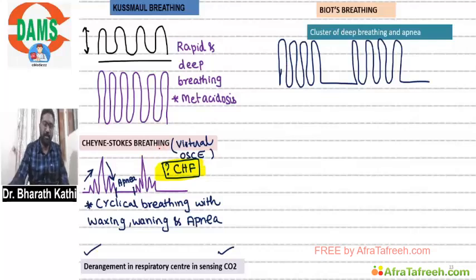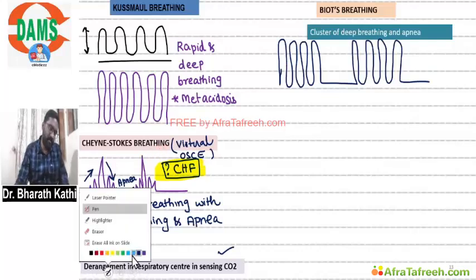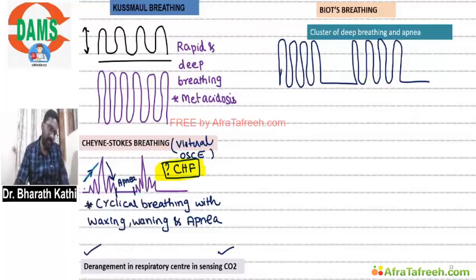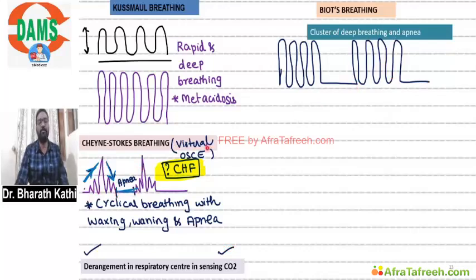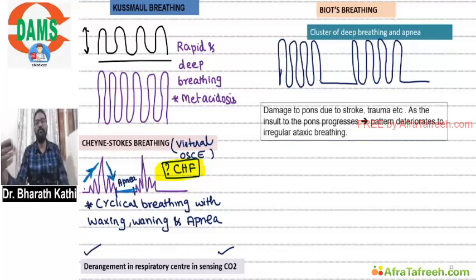Very, very important. Cheyne-Stokes breathing always has this classical pattern. So there will be gradual increase, decrease, apnea. Here there is no gradual increase and decrease. So there will be a cluster of deep breaths, no breath. Deep breaths, no breath. But in Cheyne-Stokes, waxing, waning and apnea. So this is Biot's breathing, and it also happens due to some CNS disorder, especially in stroke when there is